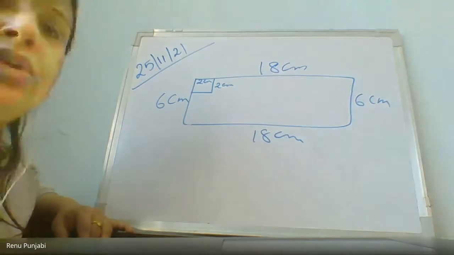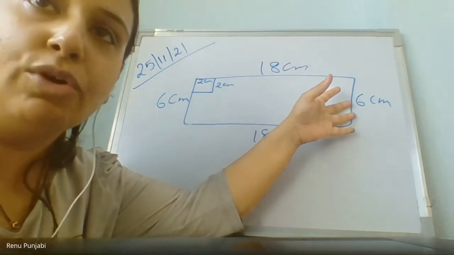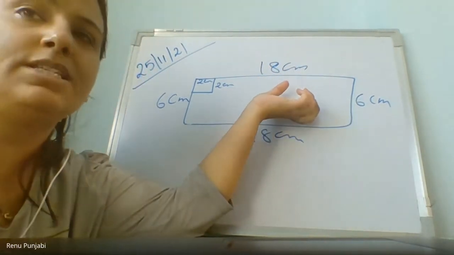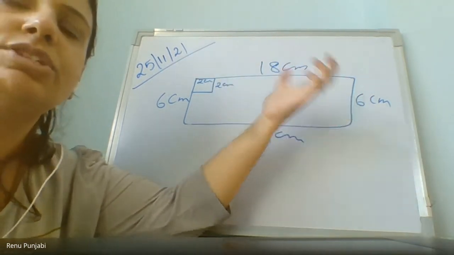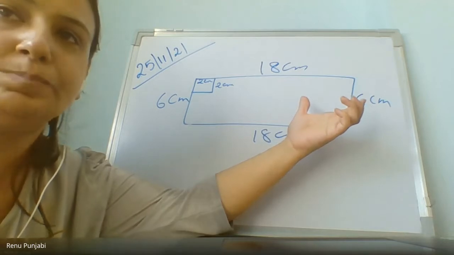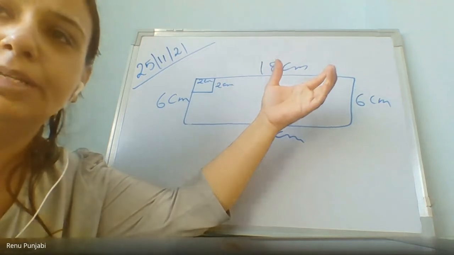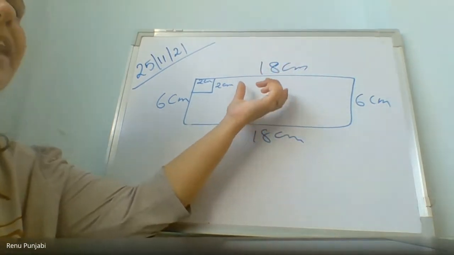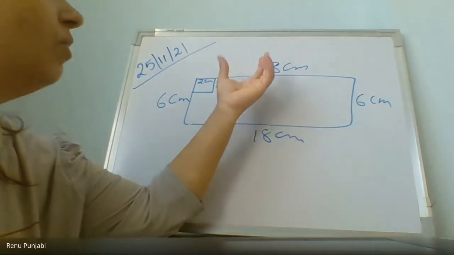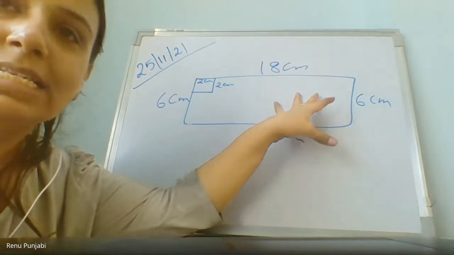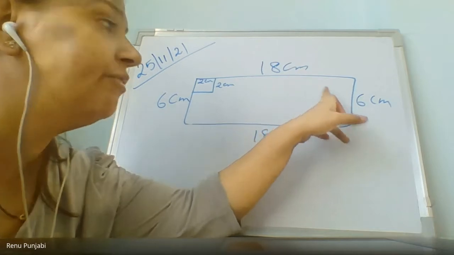Suppose this is a big floor, and the length and breadth of that floor is given to you in big numbers. Here the numbers are small, but suppose the floor is big. कोई जमीन है, बहुत बड़ी जमीन है, उसकी लेंथ और ब्रेथ बहुत बड़े बड़े numbers हैं, 220, 560, whatever centimeters में बड़े big numbers हैं. Then if I tell you कि अब इस बड़े बिग फ्लोर में यू वांट टू पुट सम टाइल्स, आपको टाइल्स इसके अंदर पुट करने हैं. So what you have to do first, you have to find out the area of the floor.